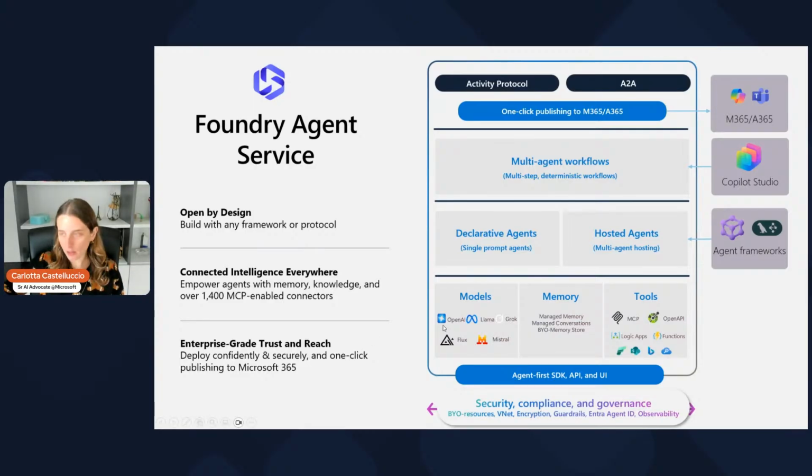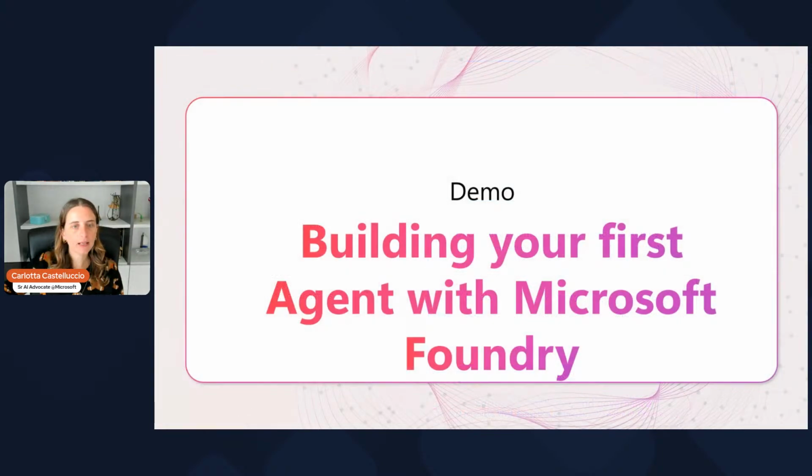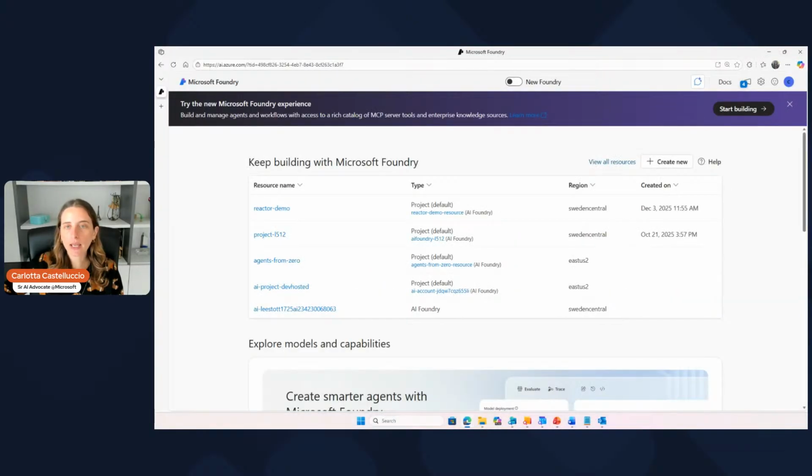Okay, so enough talking, I would say. So I want to jump now into Microsoft Foundry and showcase to you how to get started with building an agent in Microsoft Foundry. So first of all, one of the main updates that have been announced and released in November for Microsoft Ignite is a new Microsoft Foundry UI